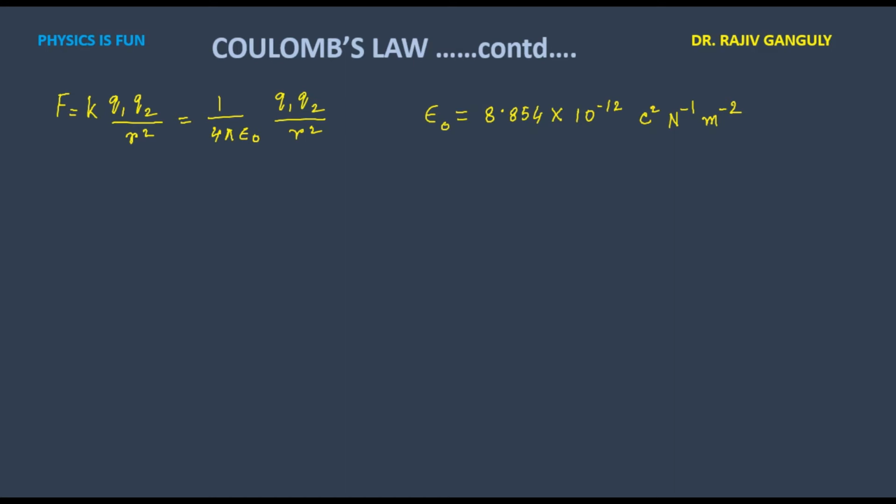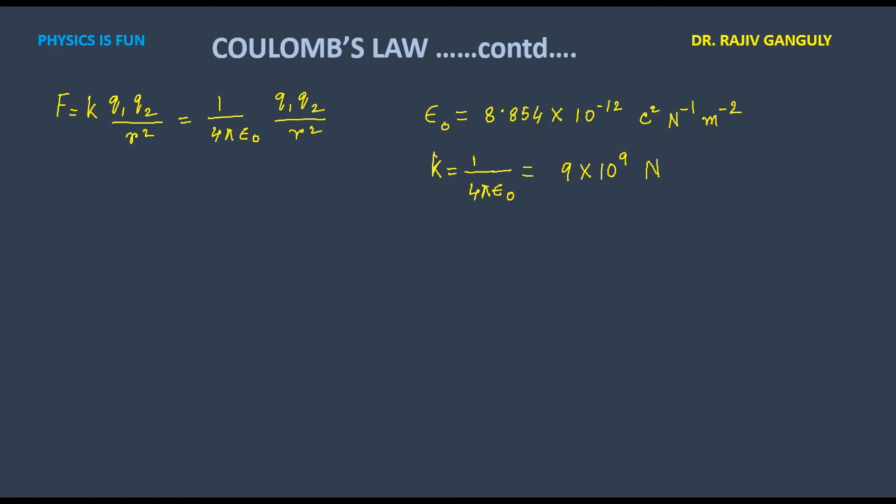And the value of k, which is 1 by 4 pi epsilon naught, you have to remember, because this will be very helpful when we solve the problems. Substituting this value, 1 by 4 pi epsilon naught comes out to be 9 into 10 to the power 9